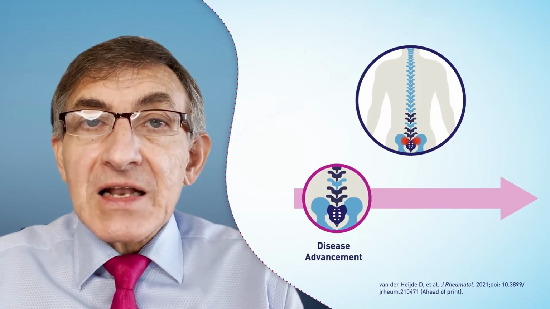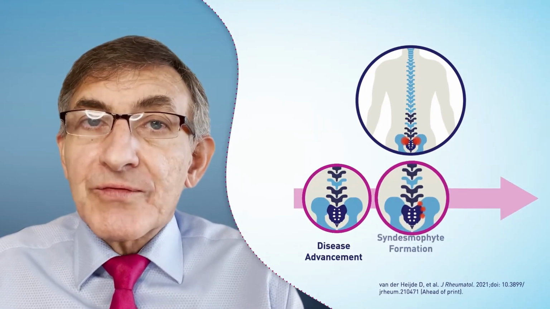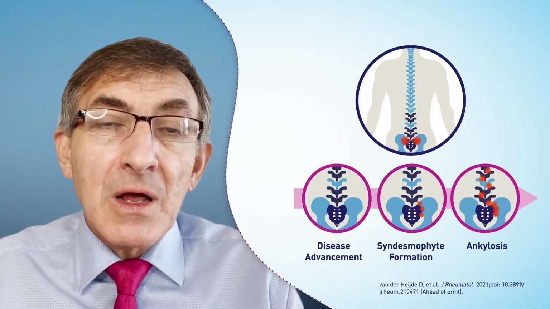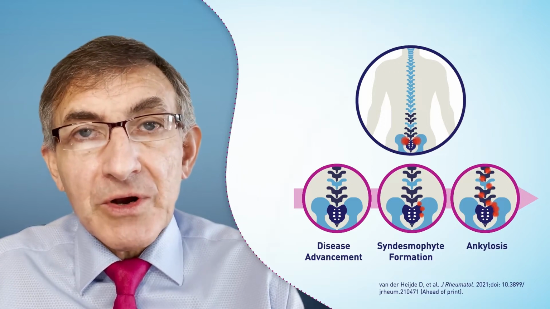Radiographic axial spondyloarthritis is a chronic inflammatory disease of the axial skeleton, where patients have radiographically defined grade 3 or 4 unilateral, or at least grade 2 bilateral structural damage per modified New York criteria at the sacroiliac joints. As the disease advances, excessive new bone formation may lead to irreversible ankylosis in the spine, resulting in functional deterioration.